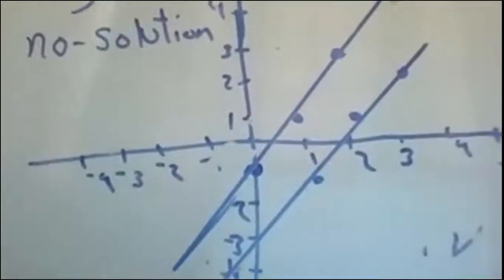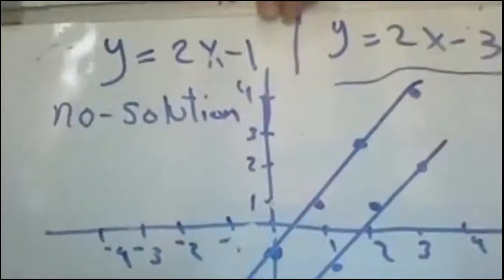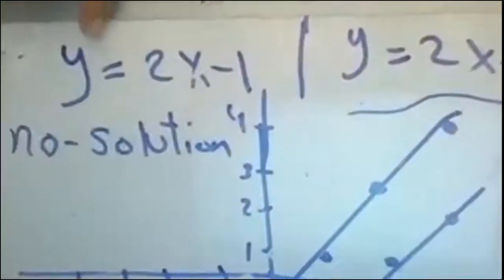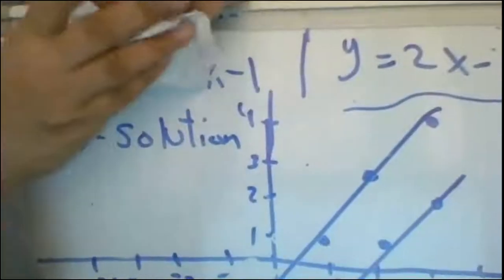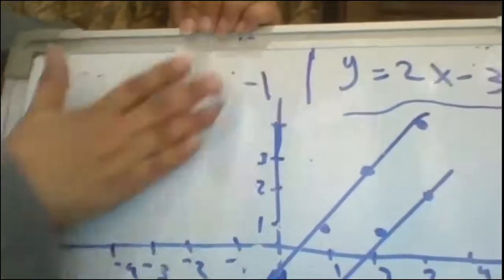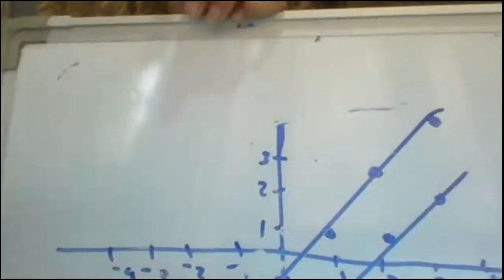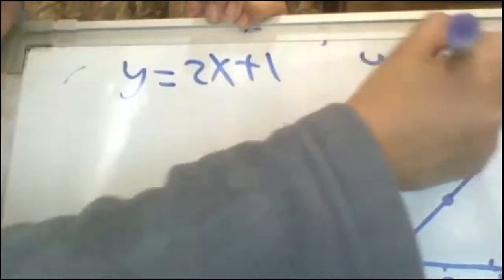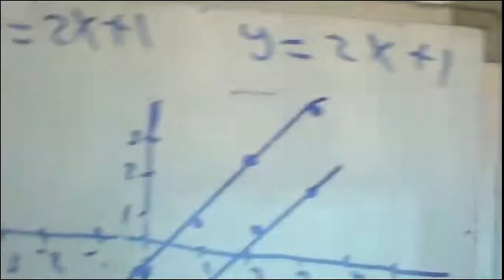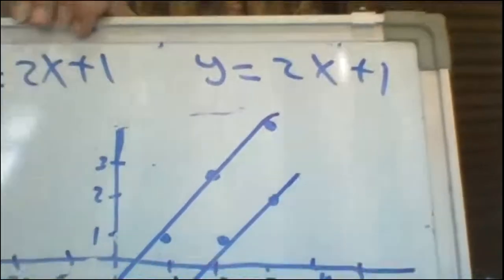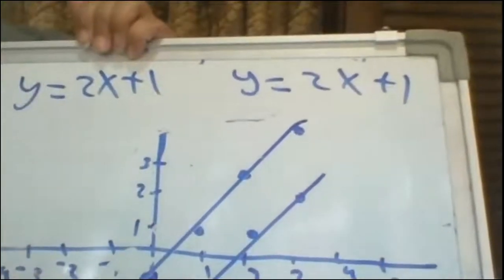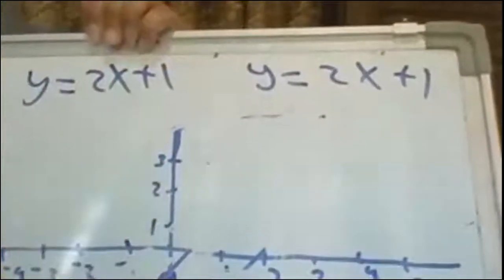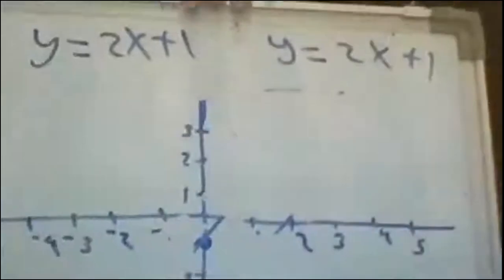Okay. So, Miss, when do we know that there are many solutions? We know that we have many solutions in case we have exactly the same equation, for example y equals x plus 1 and y equals x plus 1. In this case, they will have the same graph, the same line, so it will be an infinite number of solutions. We will start